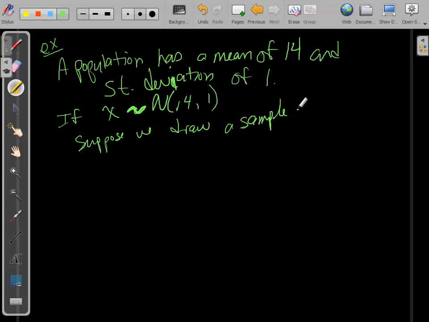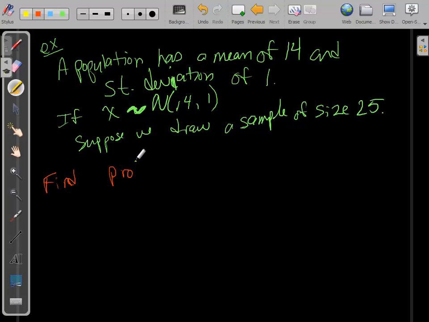a random sample of size 25, and I picked 25 just to be easy. Square root of 25 is nice. So let's suppose we randomly choose a sample of size 25 from this normally distributed population. What would be the probability of observing a sample mean of something greater than 14.4? So find